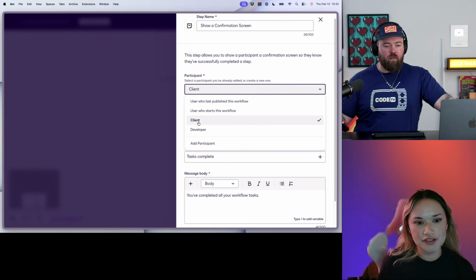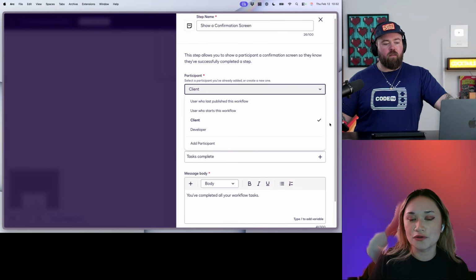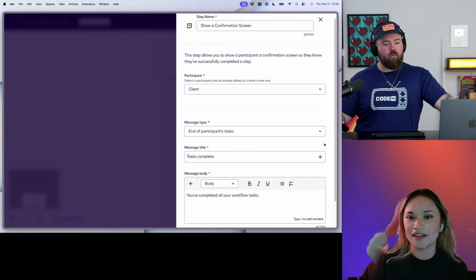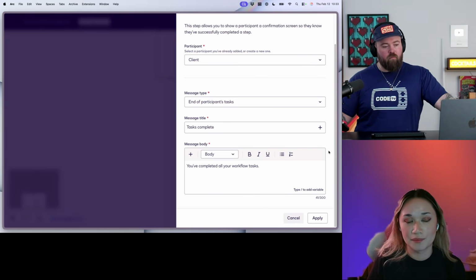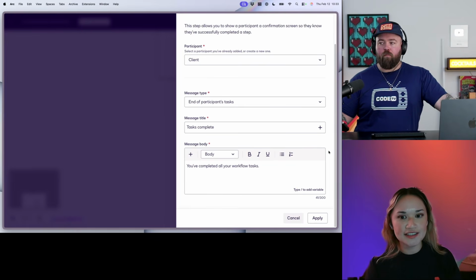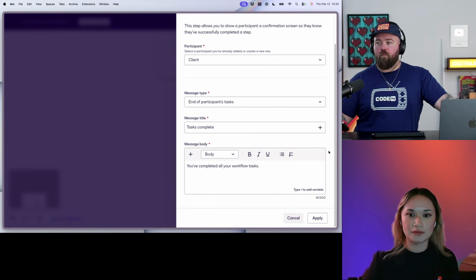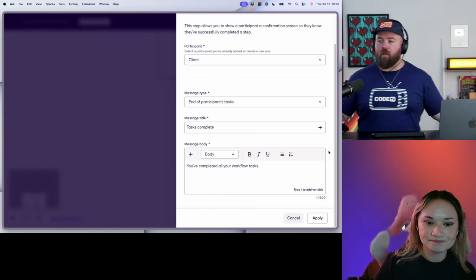So the client participant is actually not the field mapping, it's the identification of who is performing the task within the workflow. So for example, if you were hiring someone, you sign the offer letter, then the HR person, and then the client or the employee, right? That's where those participants are really important because then you can set the routing to those participants. I like to keep them this way so that just in case I need to add a step, I like to make sure everyone who is participating in the workflow has their own predetermined role just for clarity, right? I understand. Okay, I'm with you.